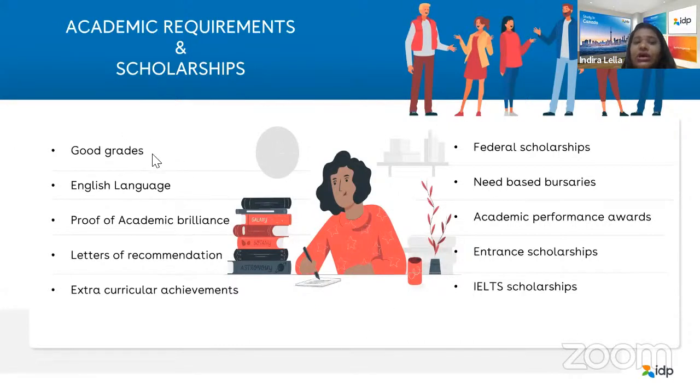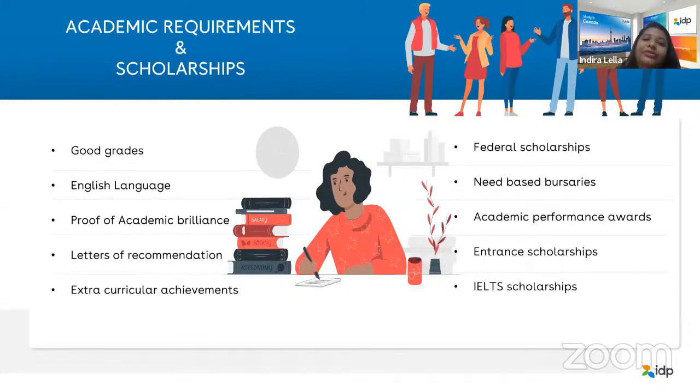And for that, of course, a good grade in your semester, once you're there in Canada, in the first semester, if you're able to score really good grades and you're able to be on the top list, obviously you can apply for some kind of scholarships and English language. So students who are having a bit higher scores, if the requirement is around 7 and if you're having a 7.5 or an 8 of IELTS score, after you're there in Canada, you can obviously apply for some internal scholarships which are available on board, so you can get them too.